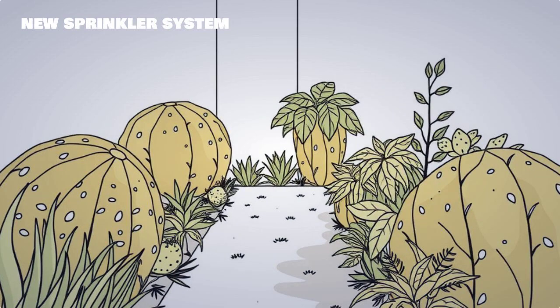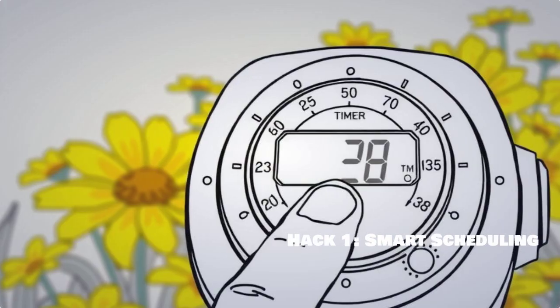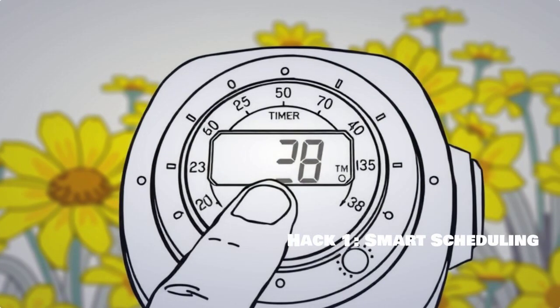Today, we're diving into the top 5 gardening hacks using our new sprinkler system. Modern technology can really transform how we care for our plants. Hack number 1 is all about smart scheduling. Programming your sprinkler to water your plants during the early morning or late evening can help reduce evaporation and ensure